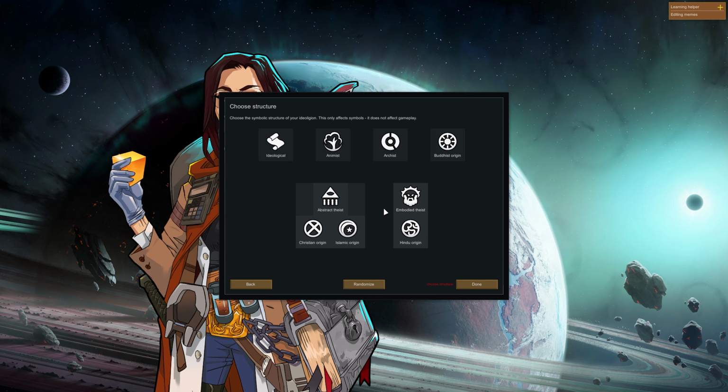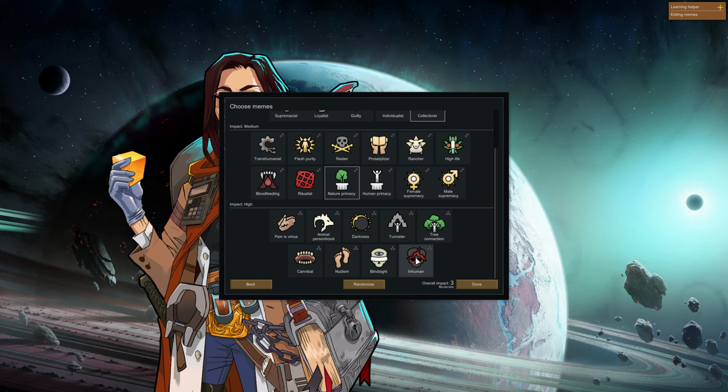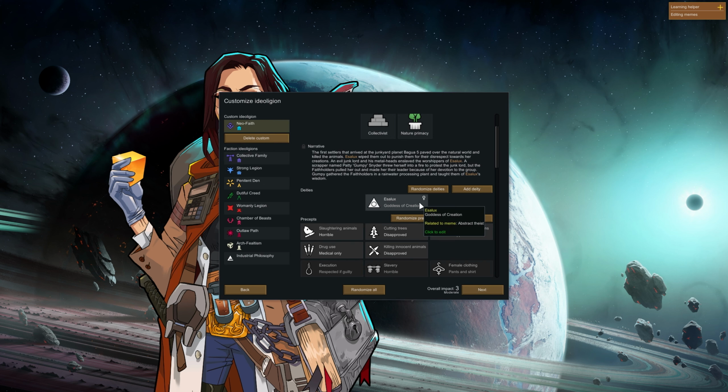So all one can do is pray for something a bit easy. Abstract thesis, fair enough, we can handle that. Randomize, collectivist, nature primacy, it's only a 3 impact. Geez, that's very, oh, look at this, inhuman, that's a new one. Imagine doing blindsight, that would suck. Okay, cool. That's not the worst start. Slaughtering animals, horrible. Cutting trees, disapproved. Oh, okay, that's...